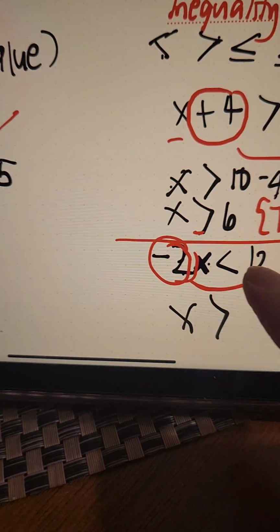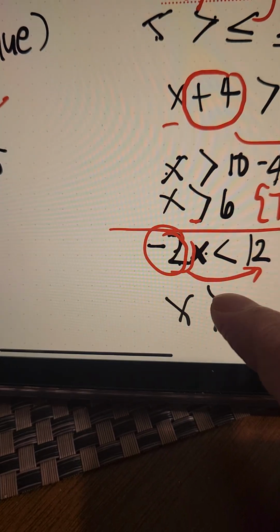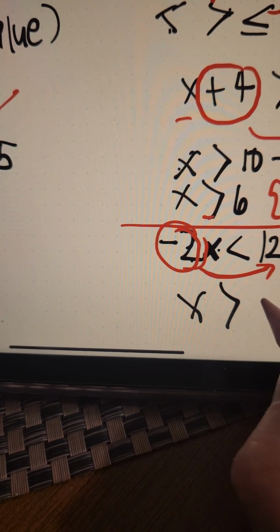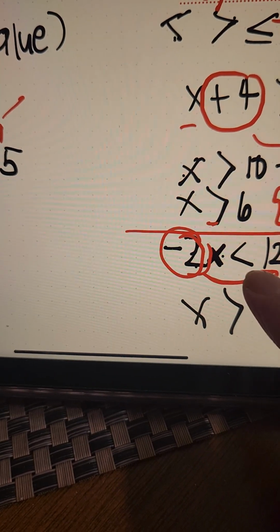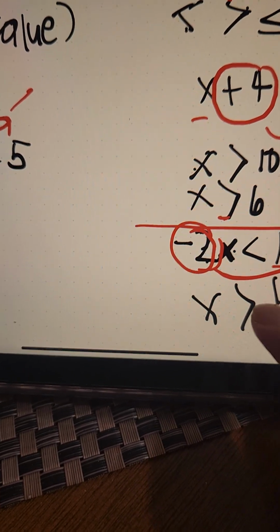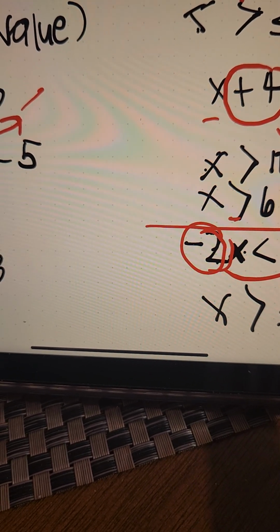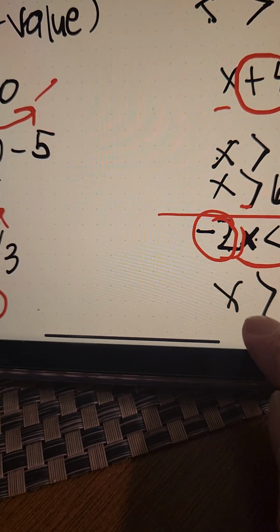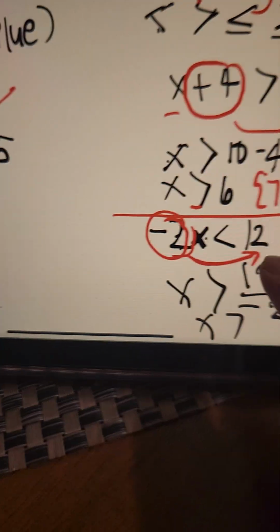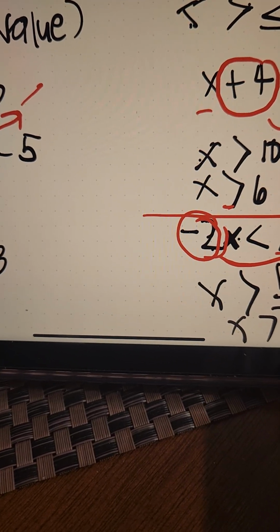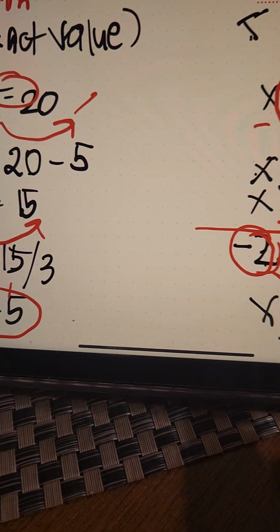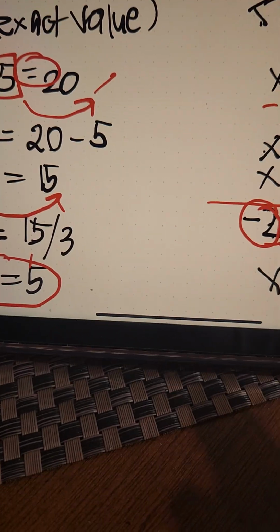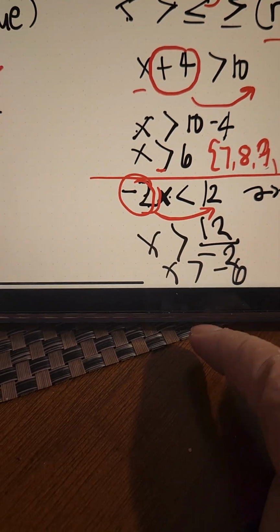Okay? So, kanina less than siya, ngayon ay naging greater than. Kasi nga, nag-urong tayo ng negative number. So, 12 divided by negative 2, ang sagot natin ay x is greater than 12 divided by negative 2, which is negative 6. Okay? Pero, again, dahil nga range ang sagot natin, so ano yung mga numbers na greater than negative